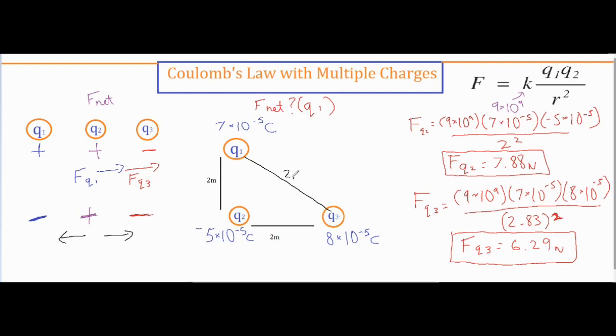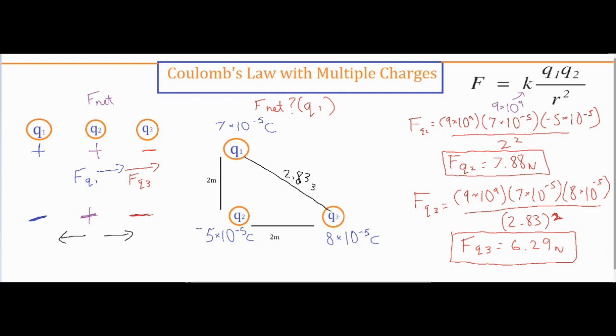Okay, so I have 2.83 meters as my separation distance because that's the hypotenuse of this triangle. Okay, so that was actually the easy part of this problem. And then it gets actually a little bit more complex from there. So now that we have all of our numbers,